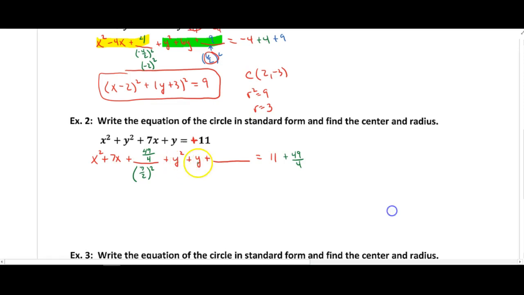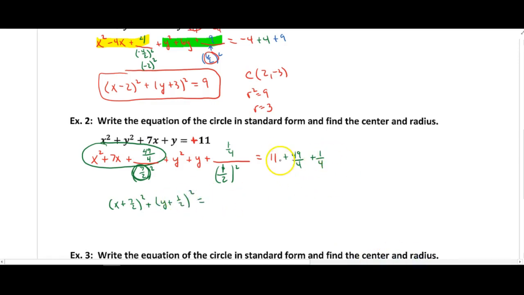Well, now, y squared plus y plus, I'm going to take half of 1 and square it, and that would give me 1/4. 1 to the second is 1, 2 to the second is 4. So I'm going to go ahead and add the 1/4 here. So right away here, when I go to complete the square, I'm just going to use this term here. So it's going to be x plus 7/2 all squared plus y plus 1/2 all